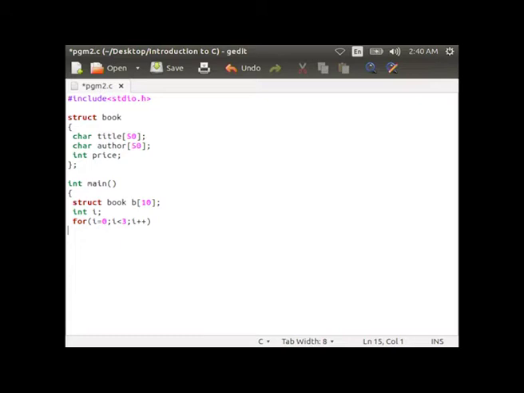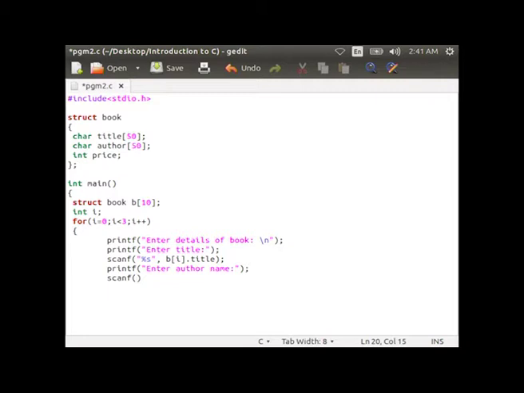For i equal to 0, i less than 3, i plus plus, then within curly braces printf enter details of book, printf enter title, scanf %s b of i dot title, printf enter author name, scanf %s b of i dot author, printf enter price, scanf %d ampersand sign b of i dot price, printf, then close the curly brace.